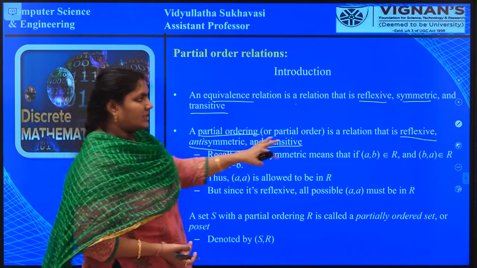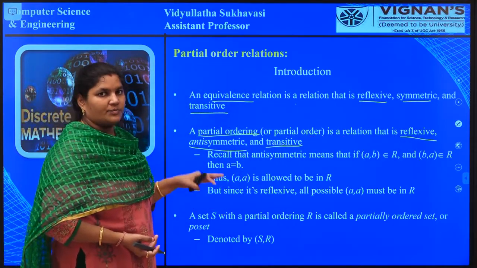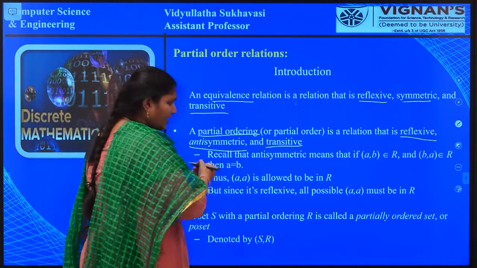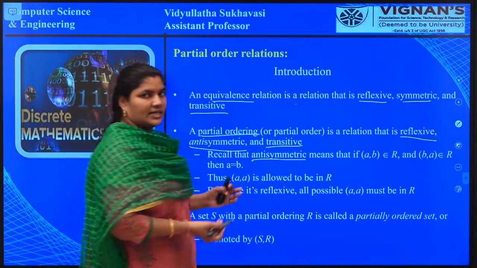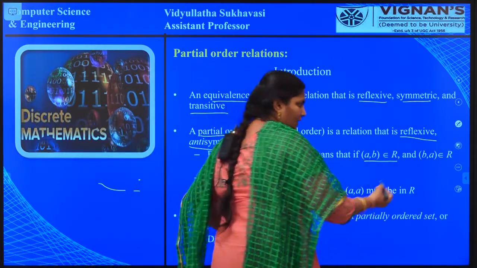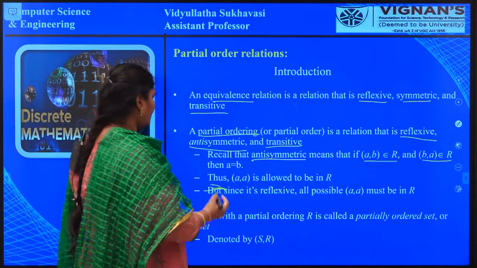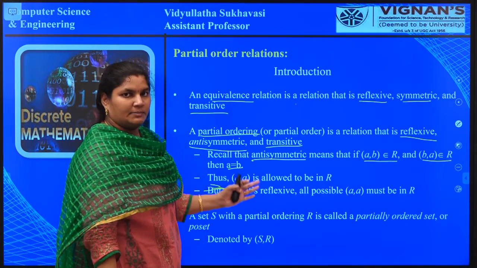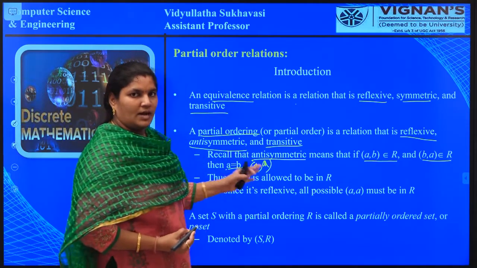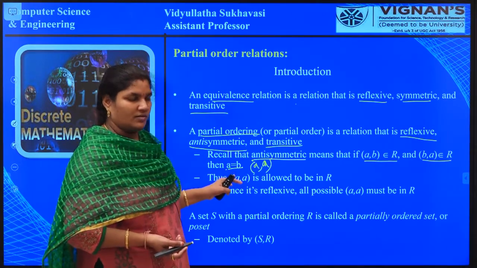Already we have discussed how we are going to check reflexive, antisymmetric and transitive. So by applying those properties, we need to find whether R is partial ordered or not. See here, recall those properties. When we say that it is satisfying antisymmetric, it means if a comma b belongs to R and b comma a belongs to R, that means both combinations should be there, and along with that a equal to b should be satisfied. That means a equal to b means both the elements are the same, a comma a. So here a equal to b should be satisfied. That means the reflexive form is there.